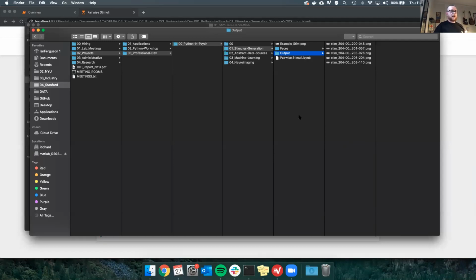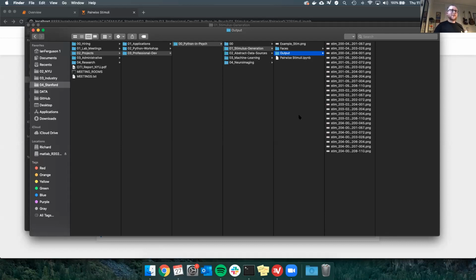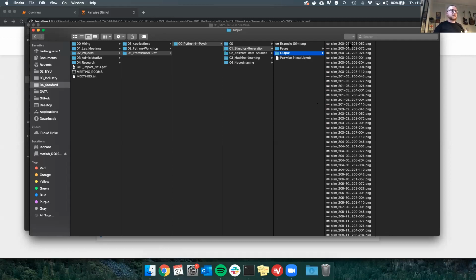And we can see here that the output directory is starting to populate. It's going to go through and make all 56 images for us in a span of, I don't have a timer set, but maybe 5 to 10 seconds, maybe a little bit longer than that. But sure beats an afternoon in Photoshop, if you ask me. So let's just let that run, and we'll make sure that we have all of the images that we thought we would have.